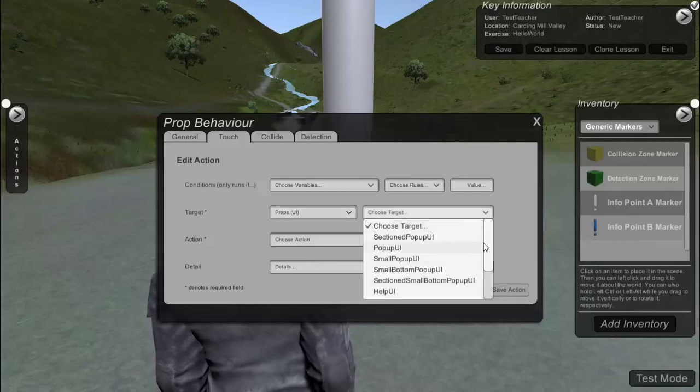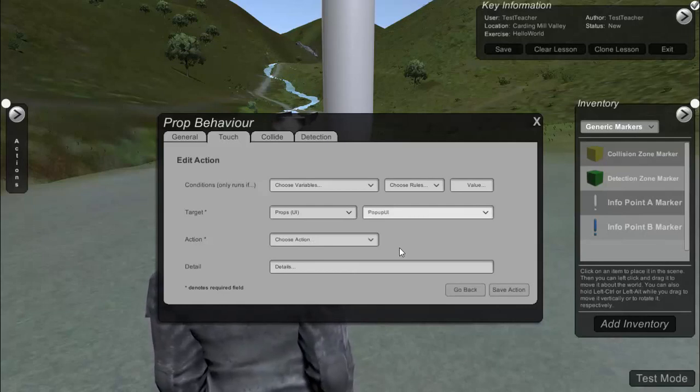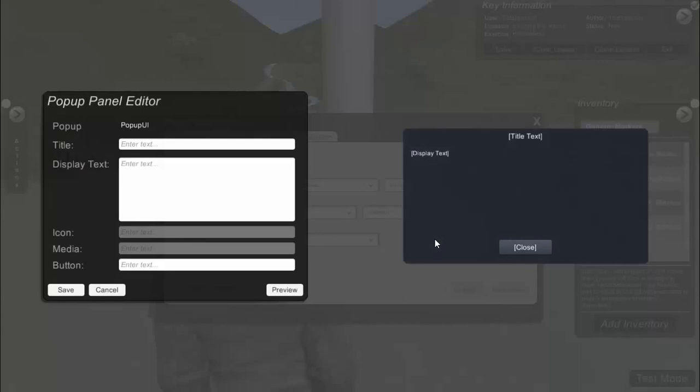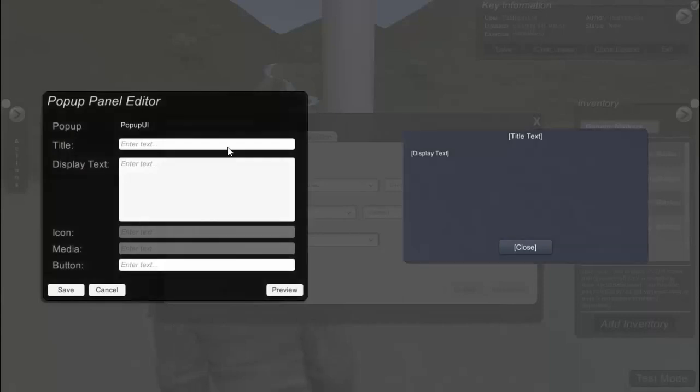And for the user interface itself, I've got a variety of different elements of that I can change. All we want here is to have a simple pop-up panel appear, and just to find I want it to just display that panel, and then I click on the pop-up editor. And so I now define what it was that I want to appear on the screen. So hello world, and greetings from